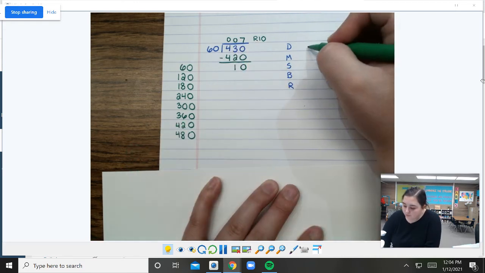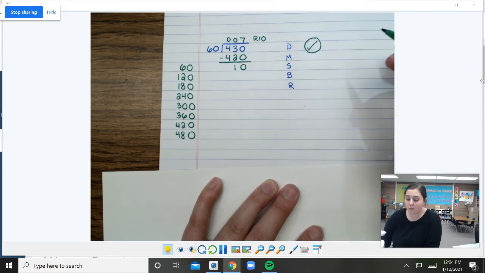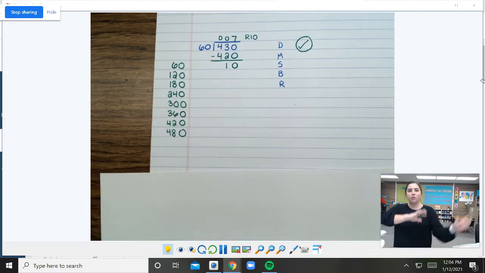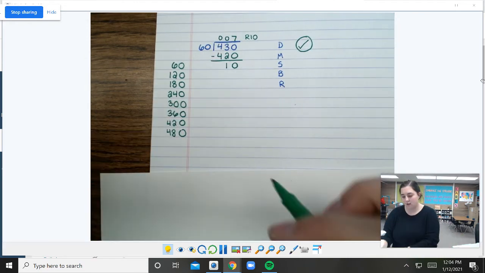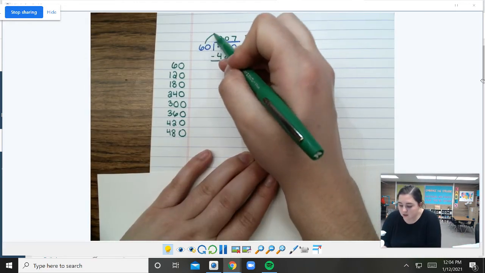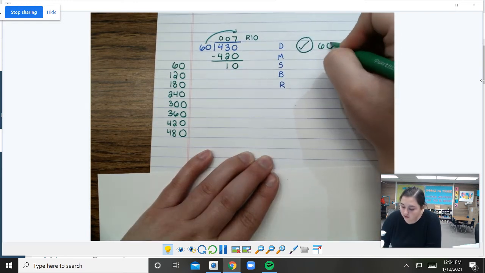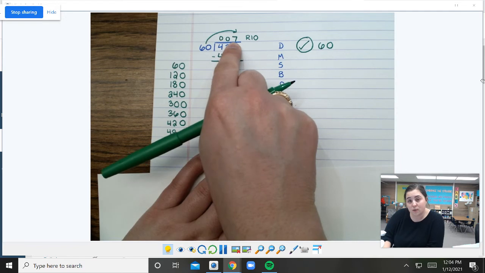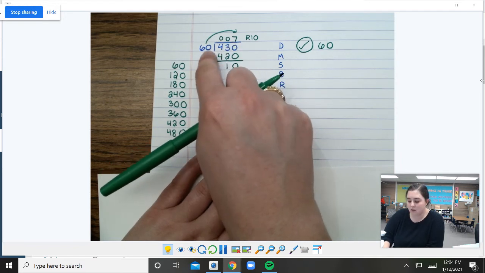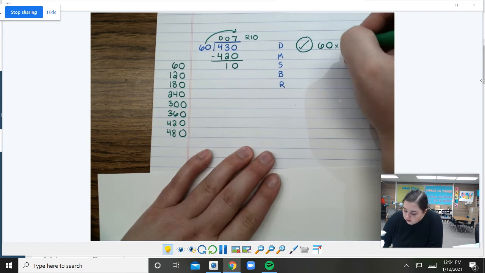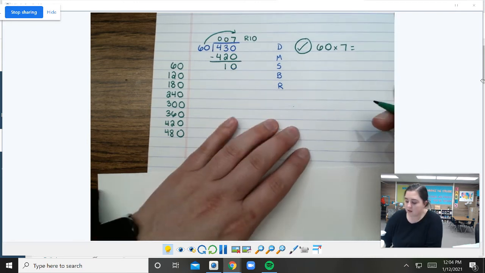Let's check that. We're going to do this on all the problems. That way we know we got them correct. So again, think of a rainbow. You're going to do 60 times 7. Because there were 7, you're saying there are 7 groups of 60 in 430. So how much is 7 groups of 60? 60 times 7 is